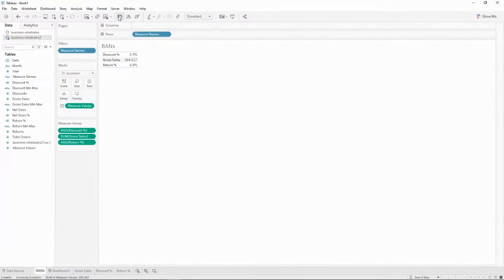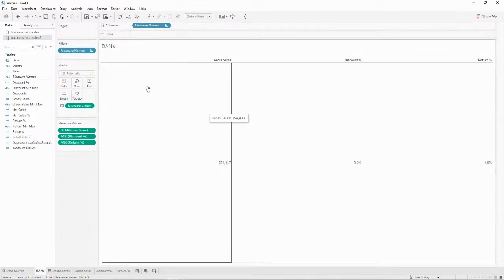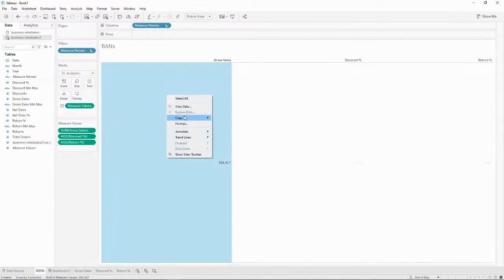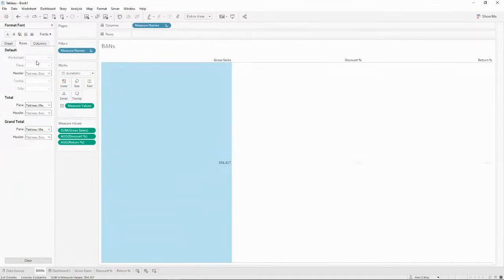You can just do the show me. We'll flip this over so that our columns are being divided by our measure names, right? And then I'm just going to grab this and move it over there. So we're manually sorting it. It's going to line up with our gross sales, discounts, and returns. I'm going to go ahead and make this fit our entire view and do a little bit of formatting over